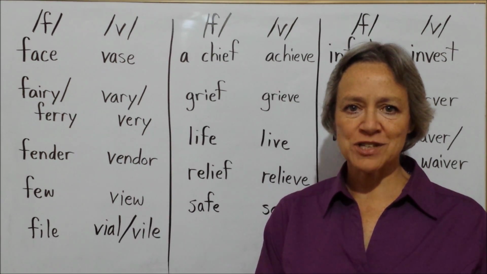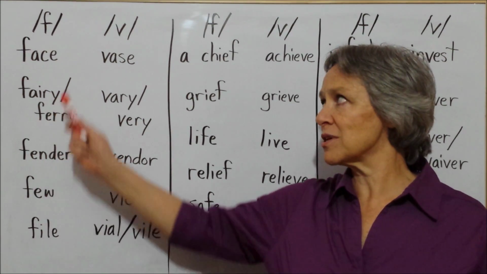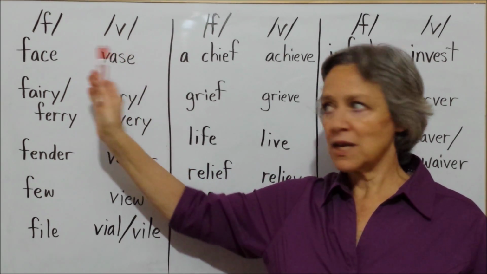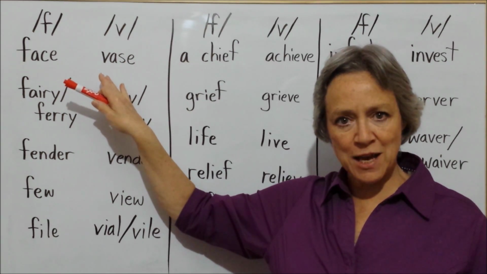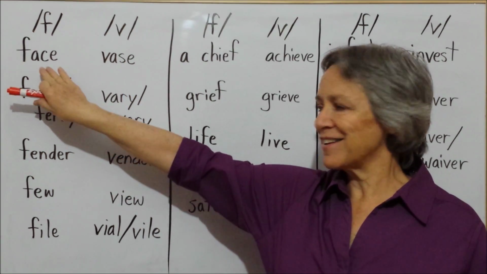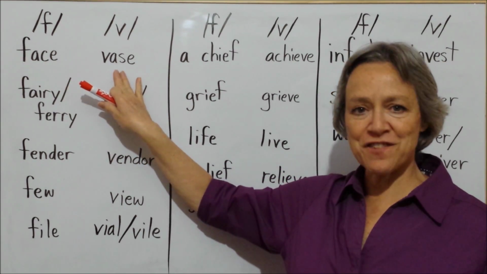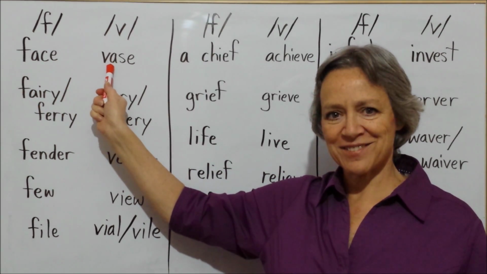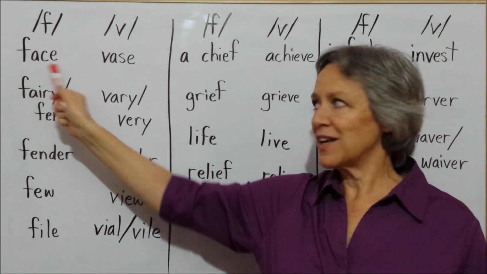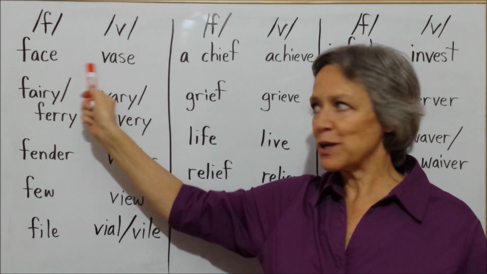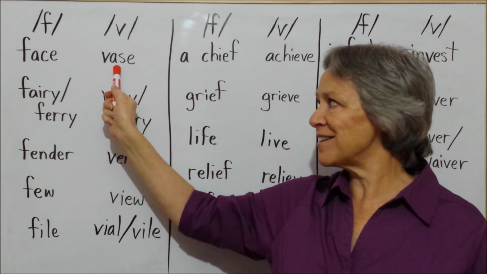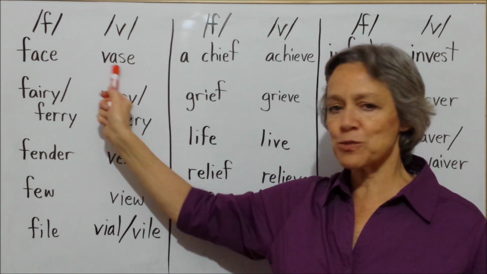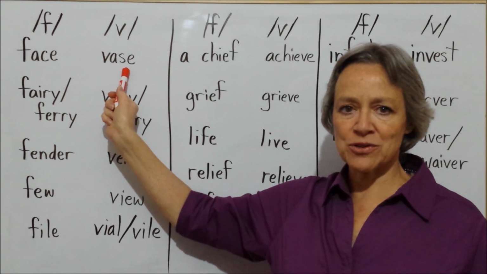I would like to practice some words now which differ only in the sounds f and v. The rest of the sounds in each pair of words is the same. So that means that face and vase sound the same, except for the first sounds. So f and v are different, but ace and ace are the same. Okay? It does not matter how the word is spelled, the sounds in the words are the same.